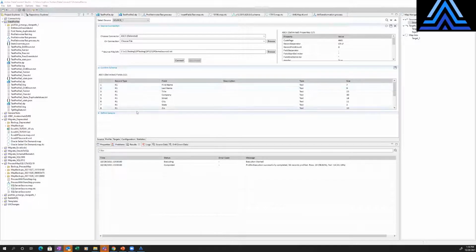So what I'm showing you currently is version 12, and this is the DataProfiler editor. And you're going to notice that it aesthetically is very similar to Map Designer. And just like with Map Designer, I'm going to configure a source connection. I'm configuring target connections, and I'm doing that to read data in and write data out. But unlike Map Designer, we're not transforming the data. Instead, we're executing the profile rules, which can be found right here in this profile tab, against the data that we define in the source tab. The output is being written to the targets that we define here,